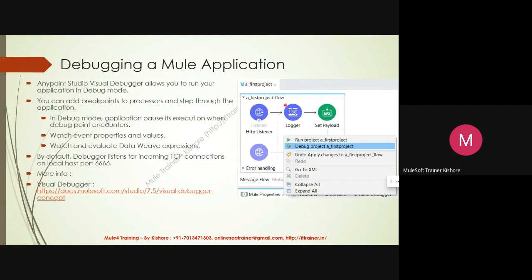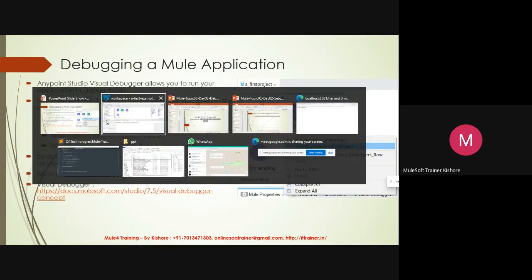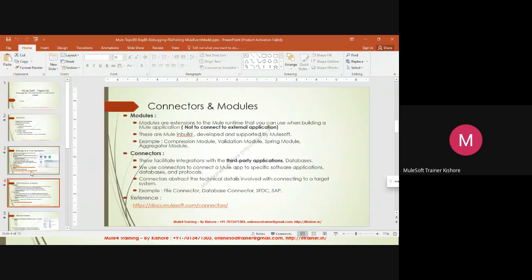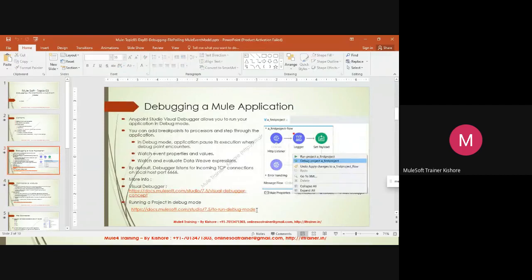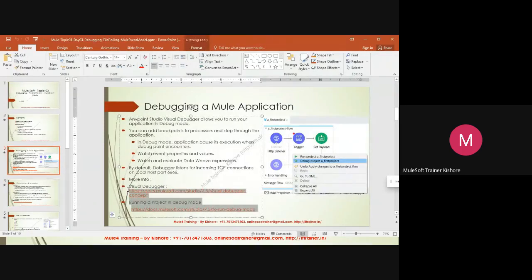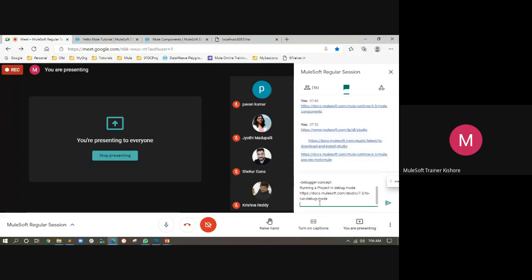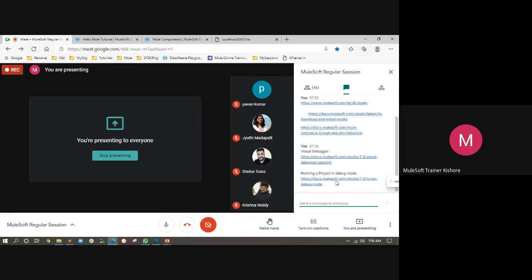More info on how to run your application in debugger mode and run a project in debug mode you can find here. Whatever I paste, happily copy and keep in your notepad until our sessions are settled down a bit.